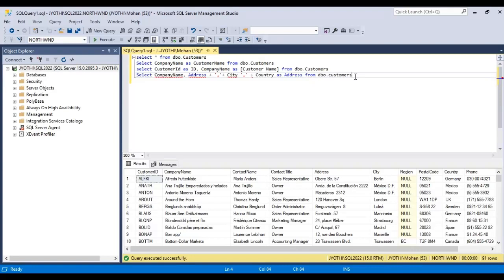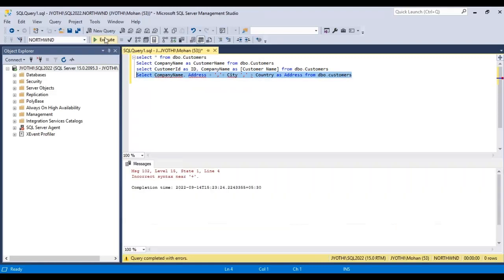So this is the syntax. Company name. This is correct syntax only.